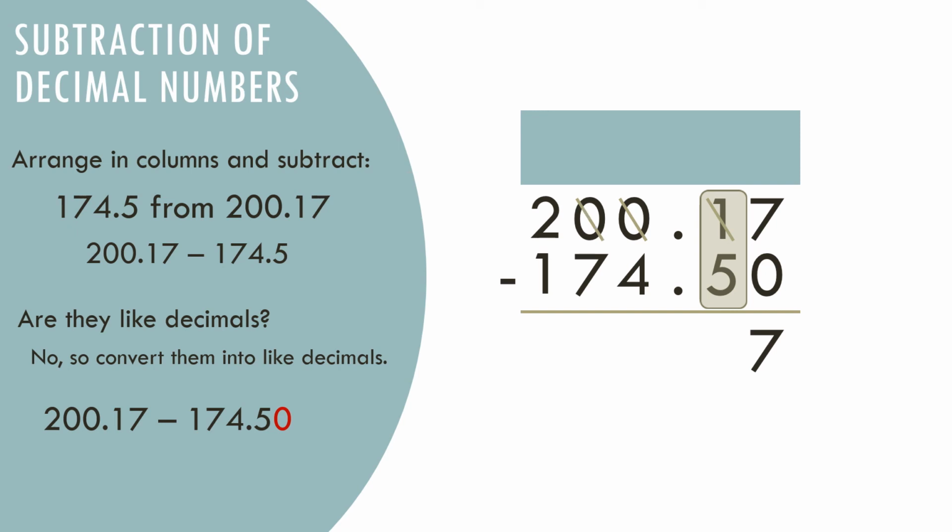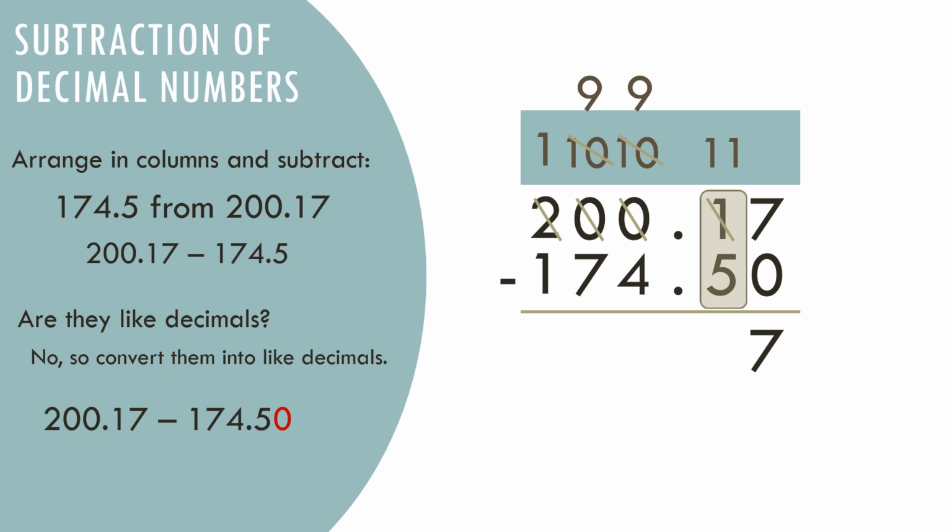Can I borrow from 2? Yes. But be careful about that. We do not want to jump directly from 2. We borrow 1 at a time. So borrow from 2, that is cut 2 and write 1. Since it cannot be jumped directly, give 1 to this 0. Now it is 10. And I can borrow 1 from 10. So cut 10 and write 9. And this 0 becomes 10. Can I borrow from 10? Yes. So cut 10 and write 9.